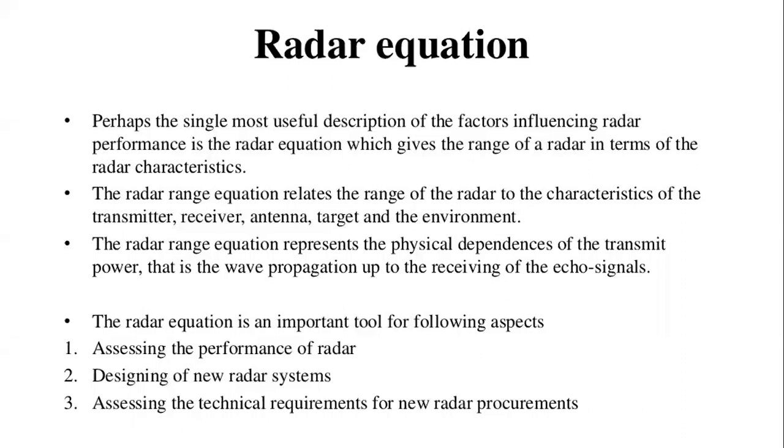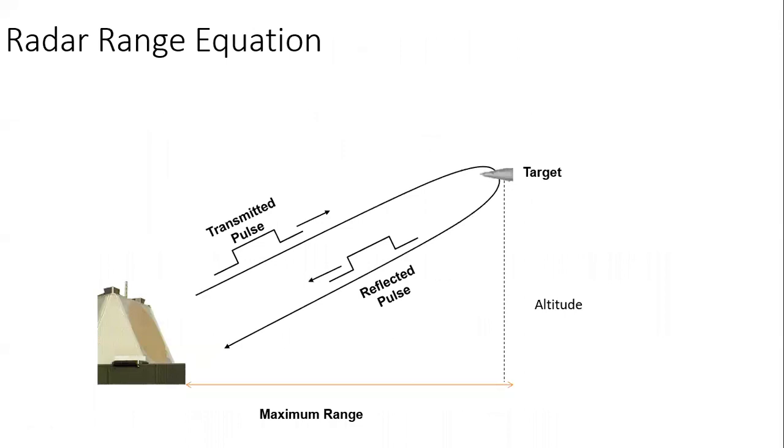Now, when this formula has been decided, we will get an idea of which factor, if we reduce it, the range will be more, or which factor, if we increase it, we will get more range. So we want to go with less power and maximum range. That is the intention, and with this equation we will be able to design that. First, we will start with this radar range equation, where we want to find the maximum range.